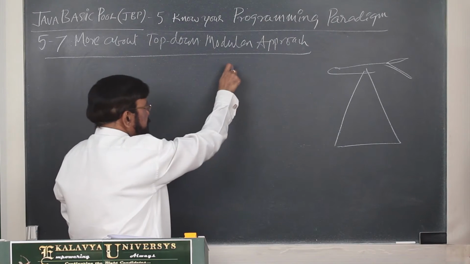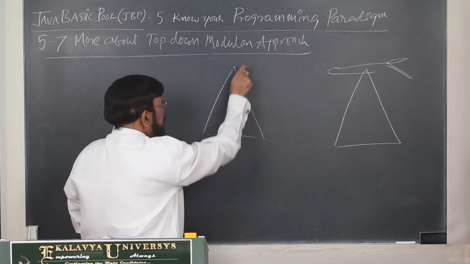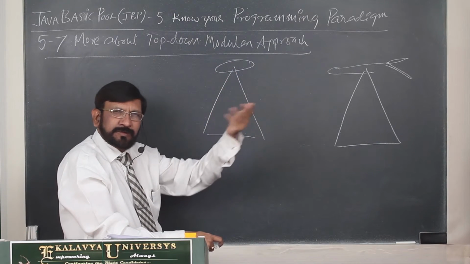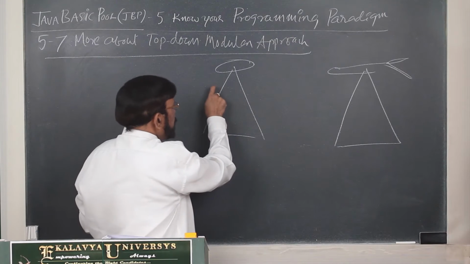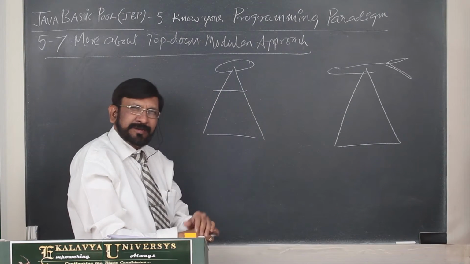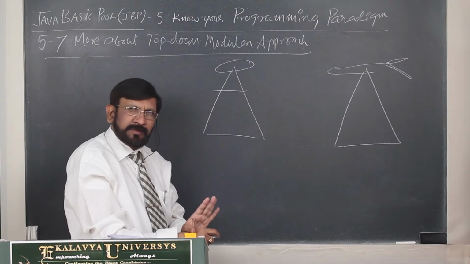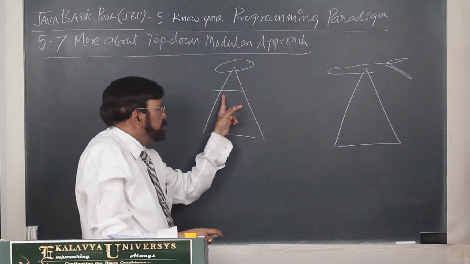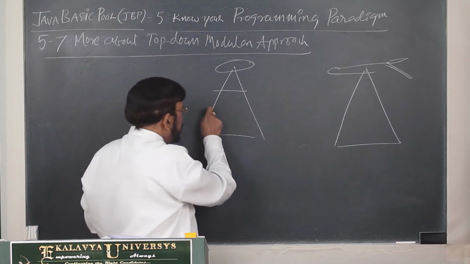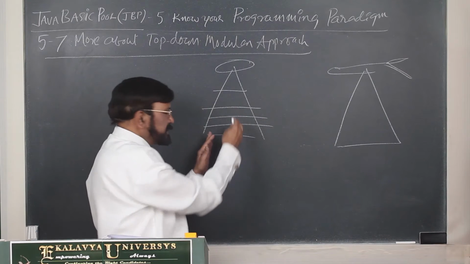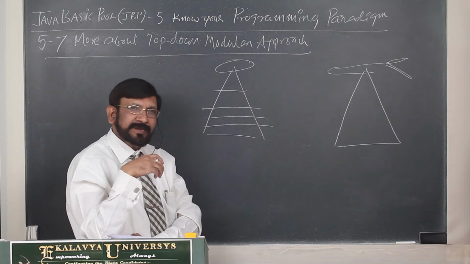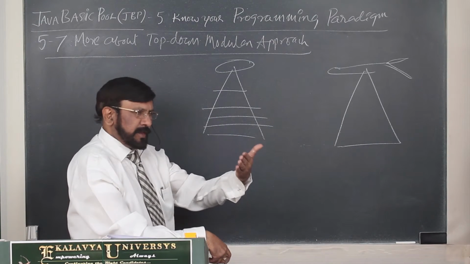Now you see the same example. From here, hundreds of activities are there. Where to start, where to end, you never know. One step it came down, then some clarity. Whatever may be the number of activities, they can be classified into only three groups. Come down, come down, come down, and everything is clear. Once you prepare the design of top-down modular approach, everything you can view.